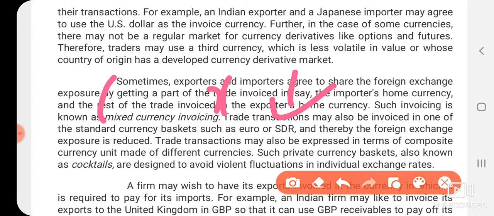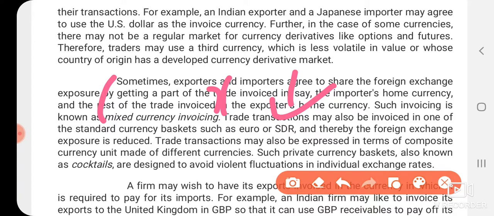Special drawing rights is an interest-bearing international reserve asset created by the International Monetary Fund in 1969 to supplement the reserve assets of member countries. Why are they used? Because the special drawing right is pegged to a basket of currencies, like US dollars. Here SDRs are nothing but paper gold.